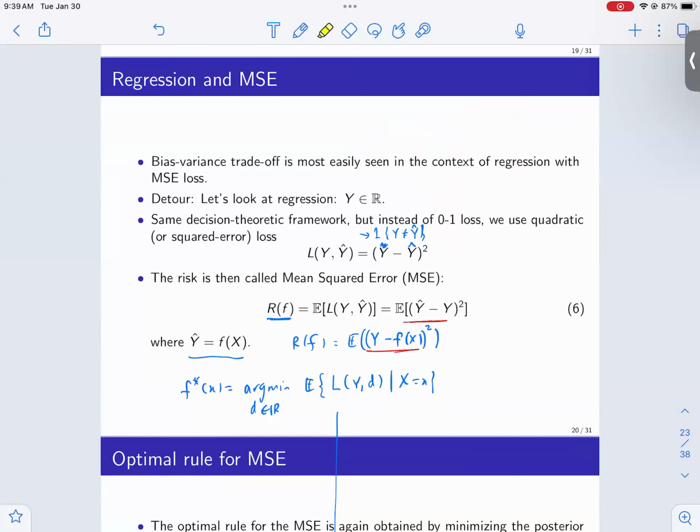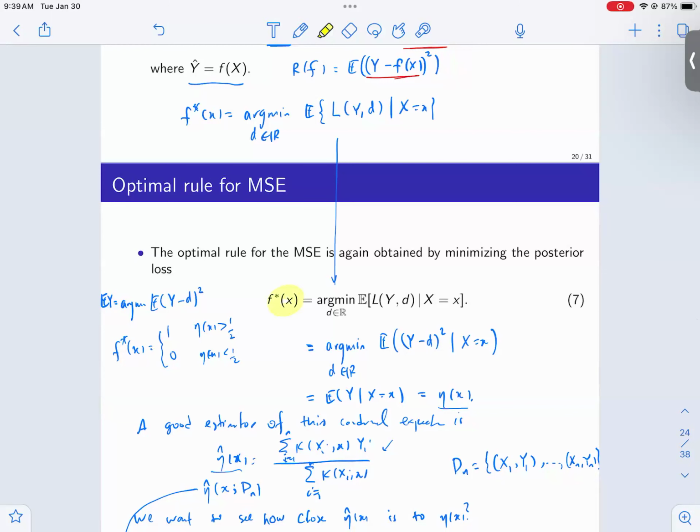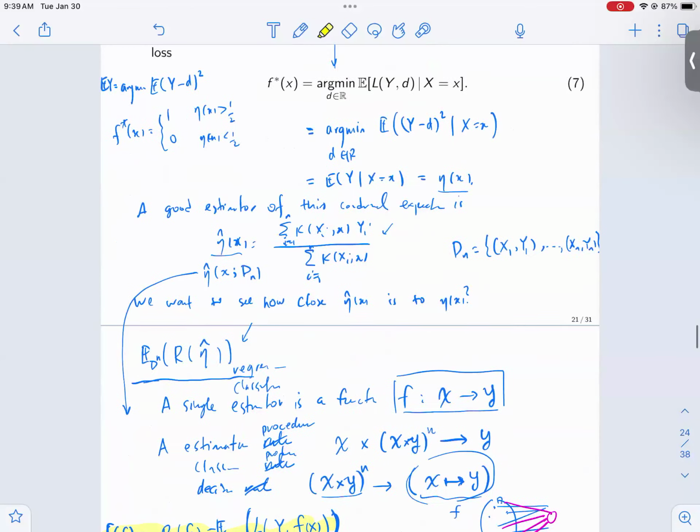When you switch to regression, the same estimator works, and in regression things are simpler in a sense. We often look at the mean squared error, and the optimal rule under mean squared error is just the conditional mean. So the regression function is the optimal estimator, the optimal decision rule. Then we went on to a discussion of a sort of meta risk,